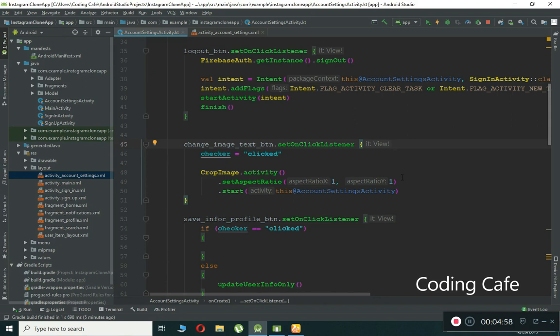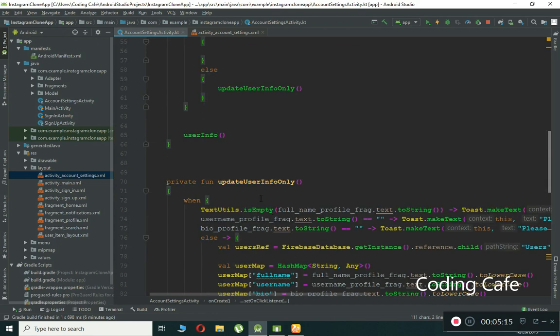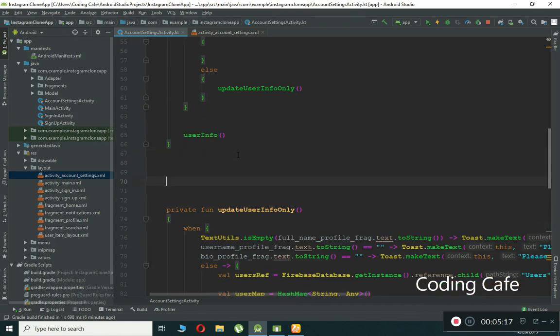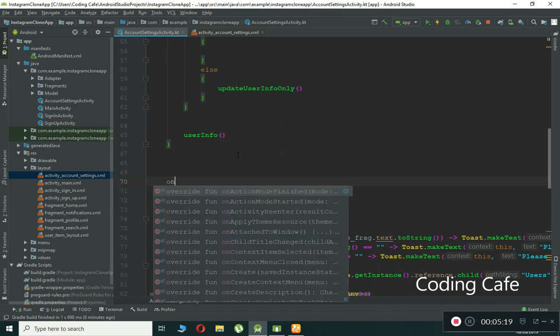Now basically what this code will do is send the user to their mobile phone gallery, the user will select a picture and then crop the image. Now how will we get that cropped image? This is the point. In order to get that cropped image, outside here we have a method by the name